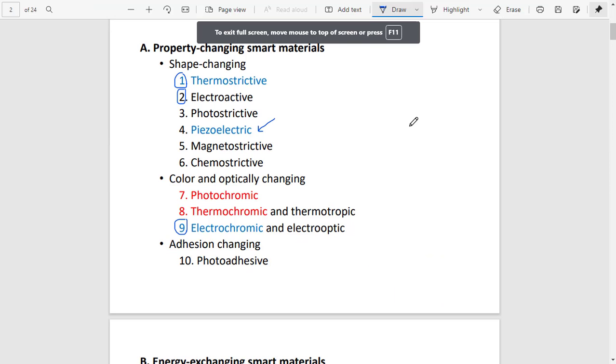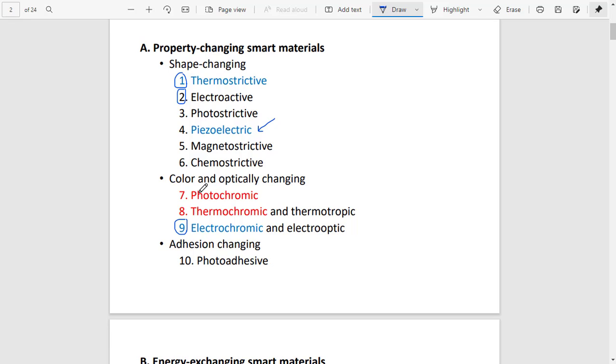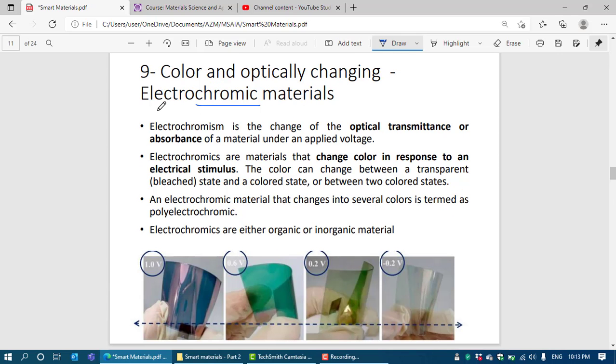So now we will continue with color and optically changing smart materials, and particularly the electrochromic smart materials that change their color based on electrical stimulus. So electrochromism is the change of the optical transmittance or absorbance of a material under an applied voltage. So these materials change their colors,